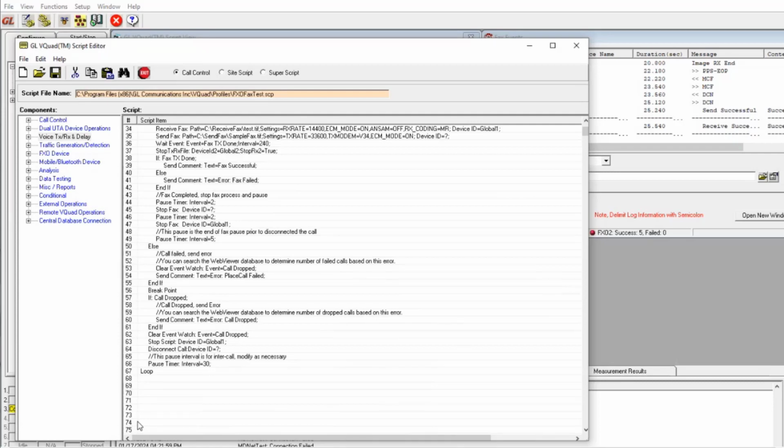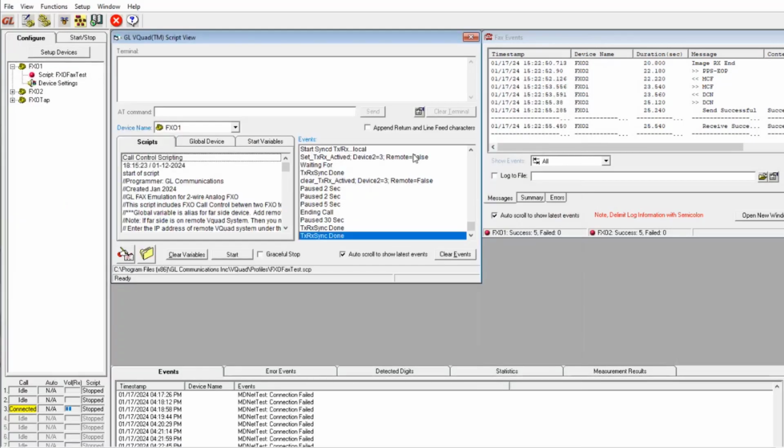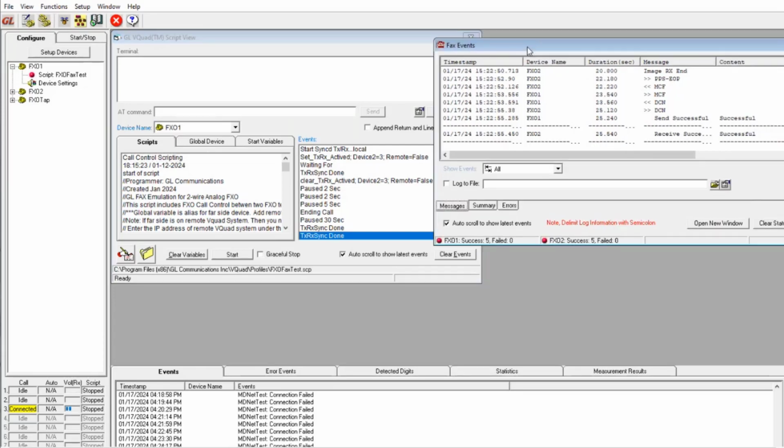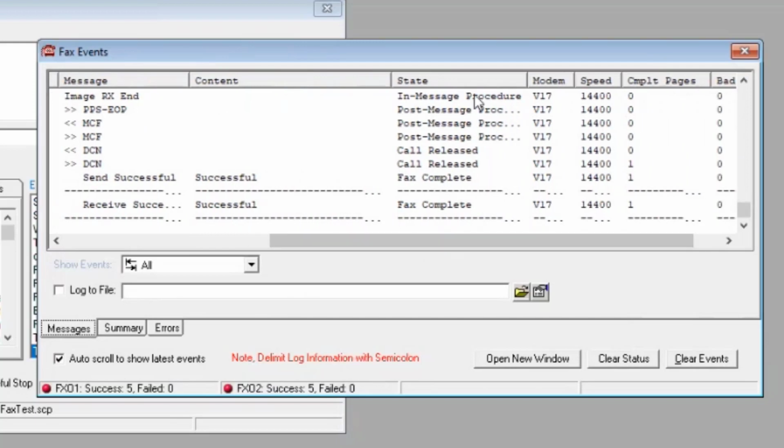So I can tell you if the call failed, if the call dropped, if the fax failed. All those things are available as part of the test. And this just gets saved to a text file. Once I'm ready, I'll start the script, and you'll see what's going on down here in the bottom left. Over here, I also have fax events. This will show me all the fax events as they happen,